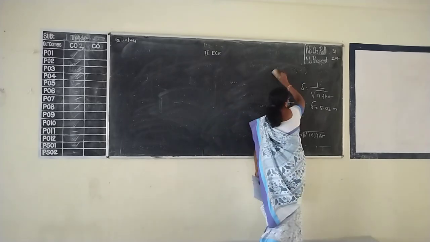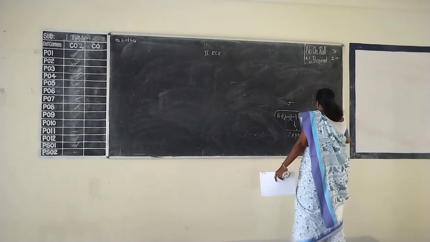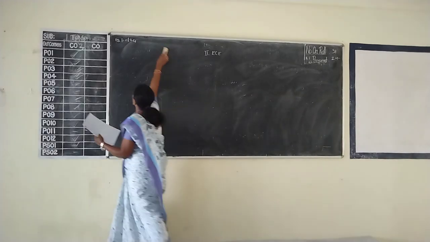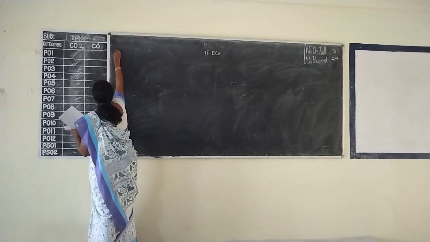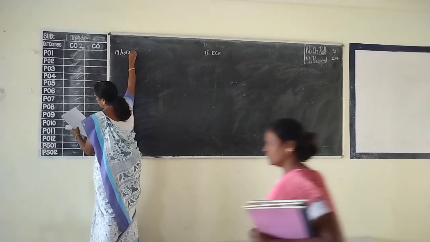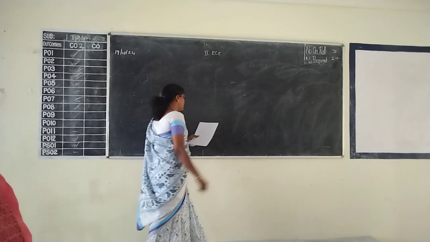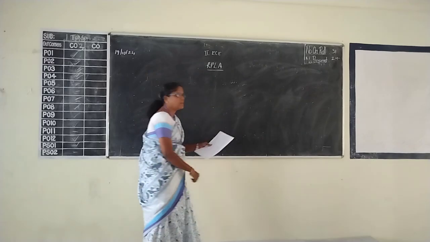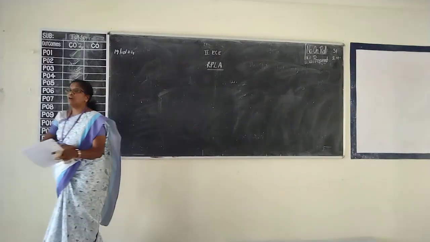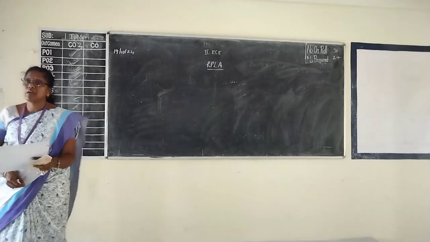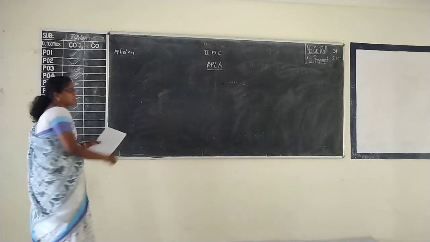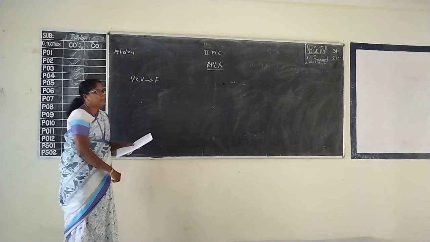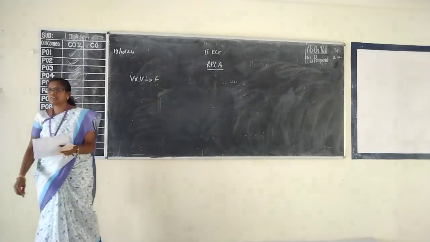Over a field F, an inner product on V is a function from V cross V to F